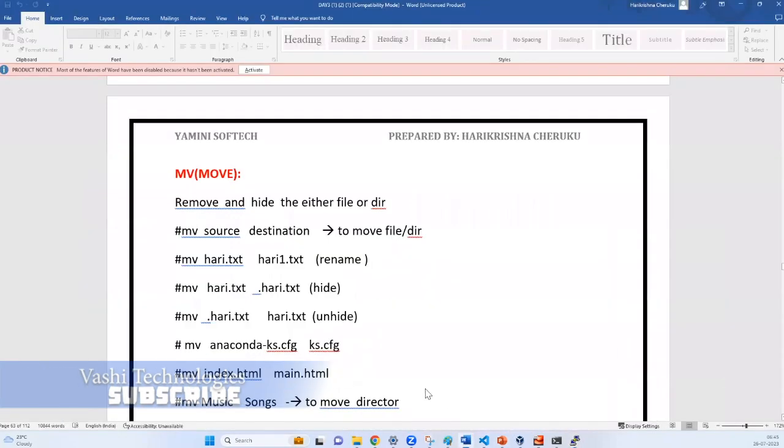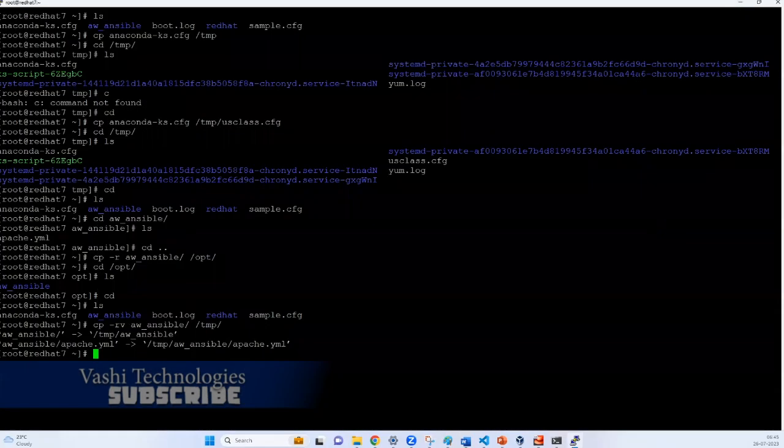Guys, good, right? So the move command. Move, or remove. We can move the file, hide the file, or rename the file, by using